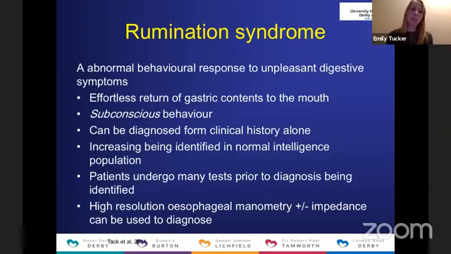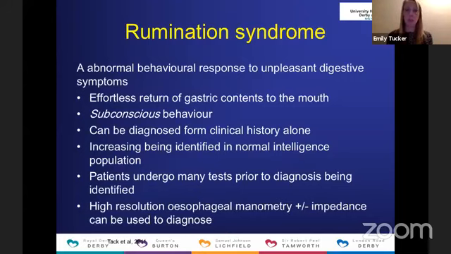Okay. Previously, it was thought to only really be identified in those with learning difficulties, but we're seeing it in everybody, in lots of people. And it can be a difficult diagnosis sometimes to reach, partly because there is a bit of resistance sometimes from patients as well. Manometry can help make the diagnosis, impedance can be helpful as well, but it can also be